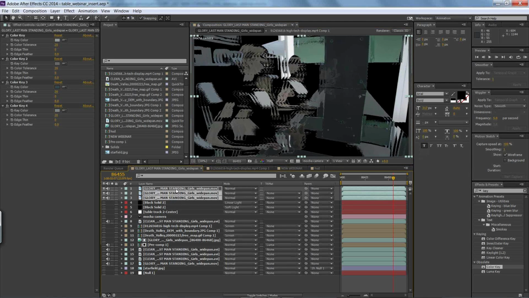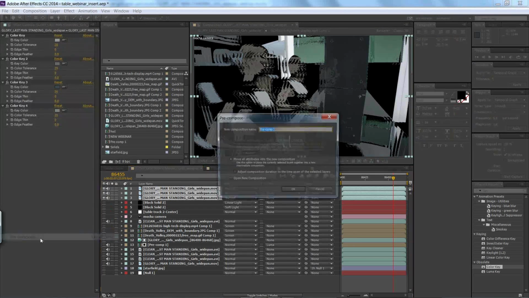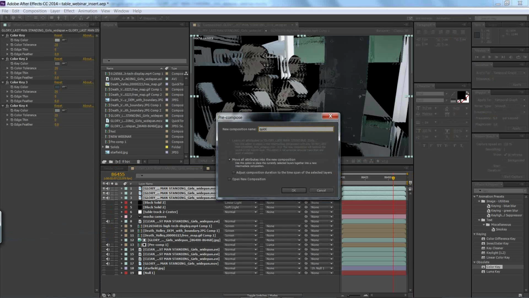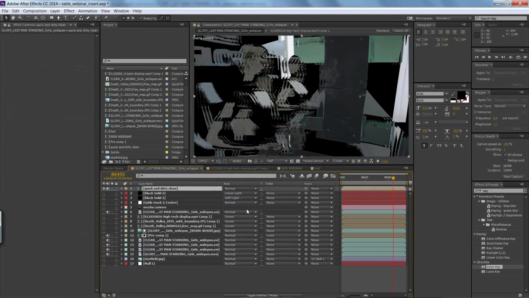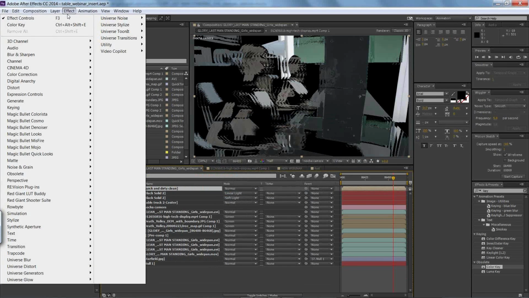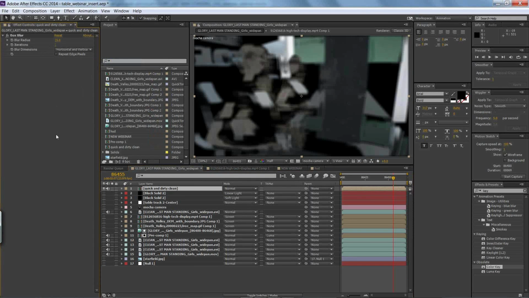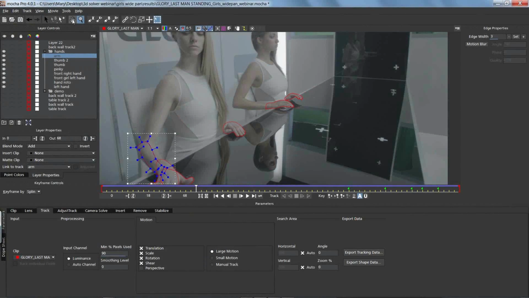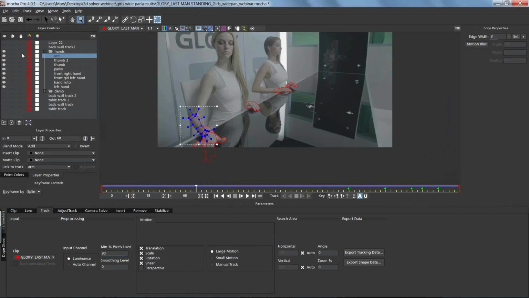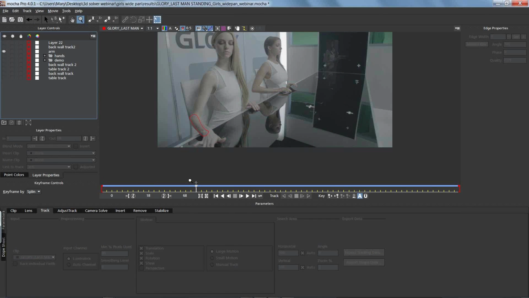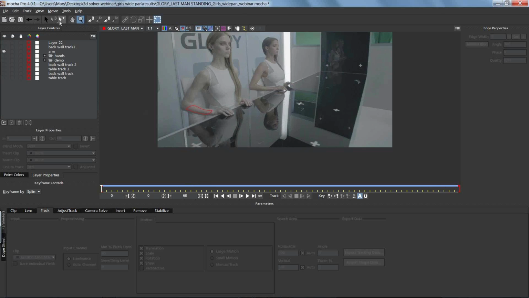nudge it over. I tend to do a complete pre-compose of these, so I go to Layer, Pre-compose, and call this Quick and Dirty Clean. Then I go to Effect, go to Blur, to a box blur, and let's do like a 15 box blur. And then from here I take a matte of my markers. Now you can do a matte of your markers pretty easily. You can hook it up to the track of your background. So we've got this table track, so let's come in here